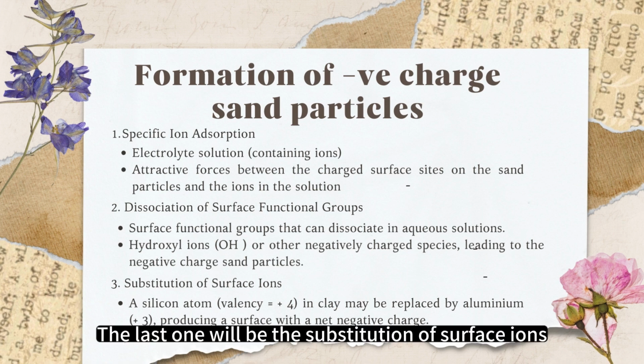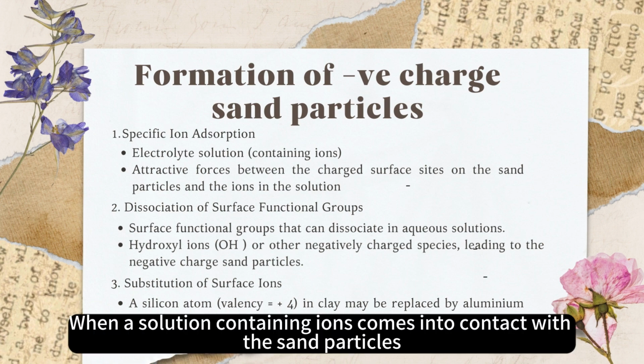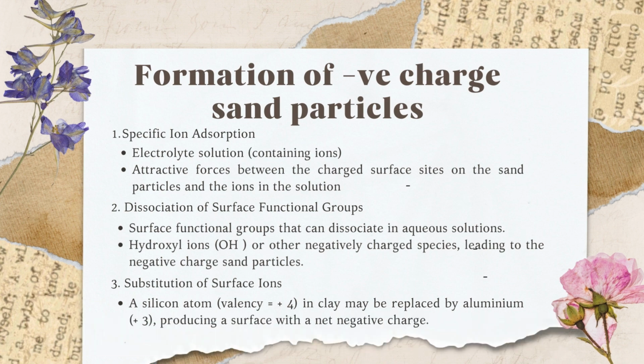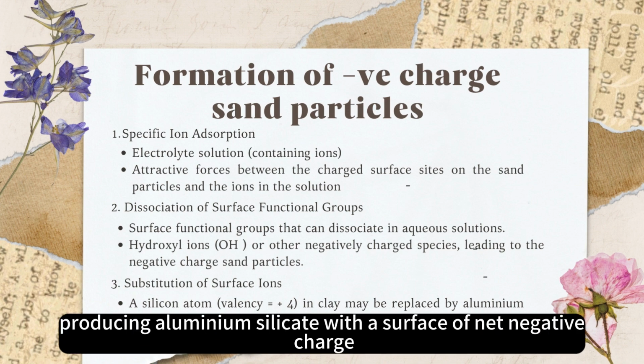The last one will be the substitution of surface ions. As mentioned before, sand particles are composed of silicates, which will have charge on the surface. When a solution containing ions comes into contact with the sand particles, the ions in the solution can bind to the charged surface sides through electrostatic interactions. For example, a silicon atom in clay may be replaced by aluminium, producing aluminium silicate with a surface of net